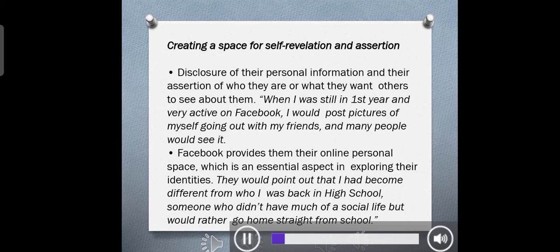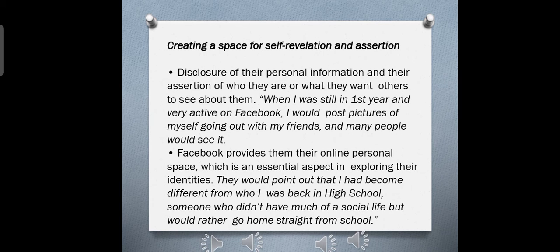Dito, naipapahayag din natin yung mga changes sa pagkakakilanlan natin. Like, yung mga changes sa mga buhay natin. For example, dati,